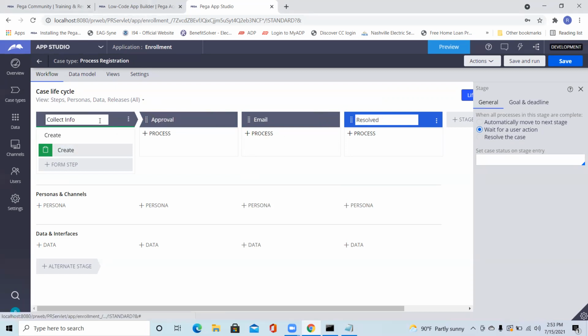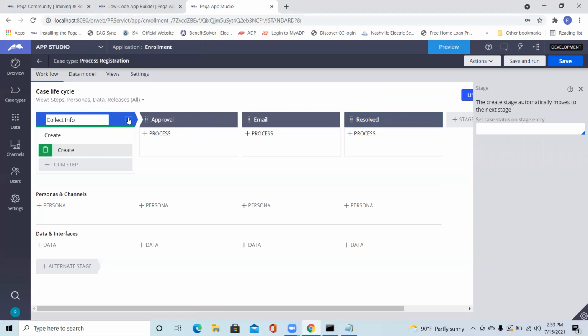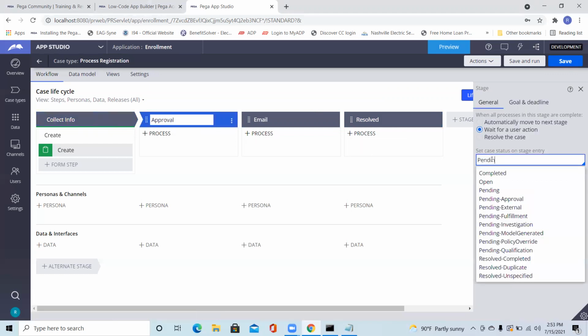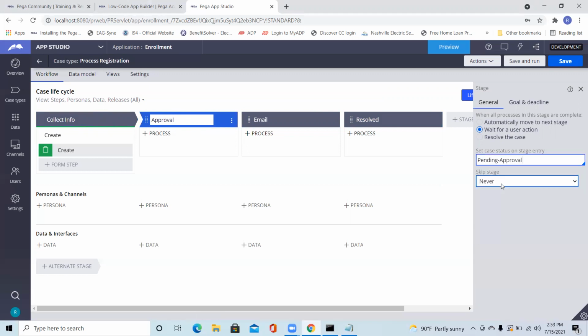In parallel, if it is in a starting stage, we can set the case status as open. Here it will be pending approval. Here it will come when it is approved, right?